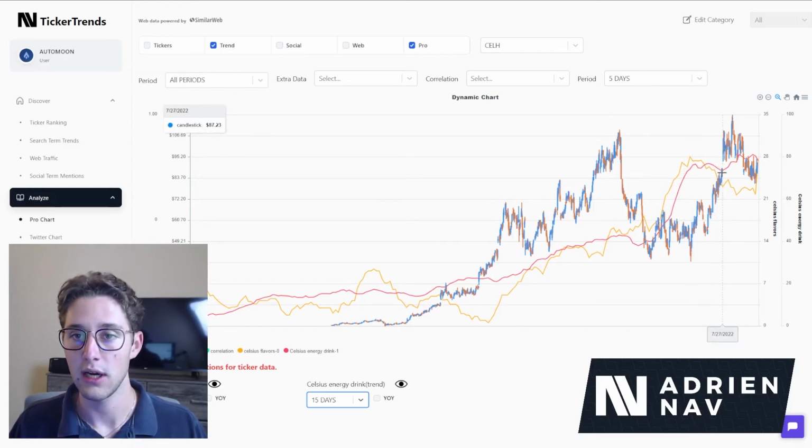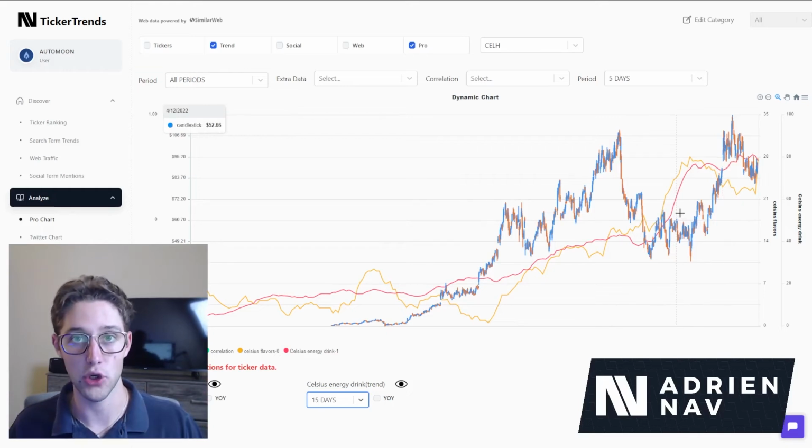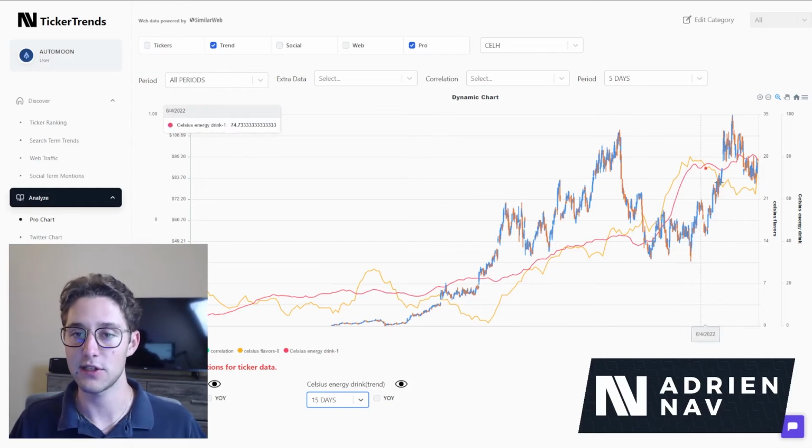more and more. And then likely this gap right here is probably when the earnings came out or something similar to that. But then you can see when the information started to diverge from the rest of the market, and the potential opportunity that you could have had to make an investment in this period, when these two values were performing exceedingly well before the market fully realized it. So this is a great example of a potential opportunity that you could have taken advantage of with the TickerTrends